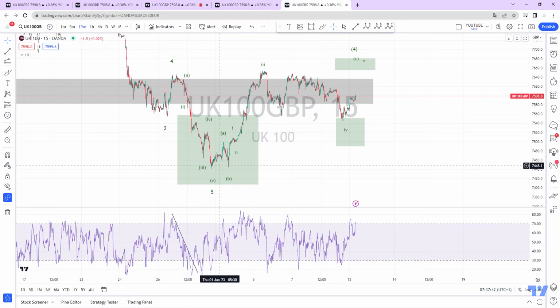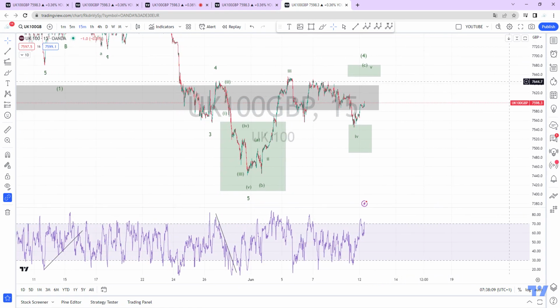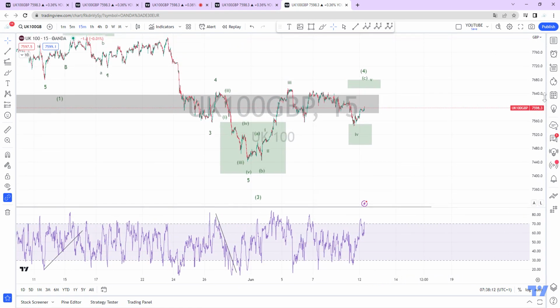We will see in a few days how we can correctly count this, but it could be that this is a low, that we start a new upward cycle from here, that this was a wave 1, a wave 2 to the downside corrective, that we now have a wave 3 to the upside, very strong to the upside. And then you do not want to short here, of course. So this is also a possibility, but this is not my primary count,